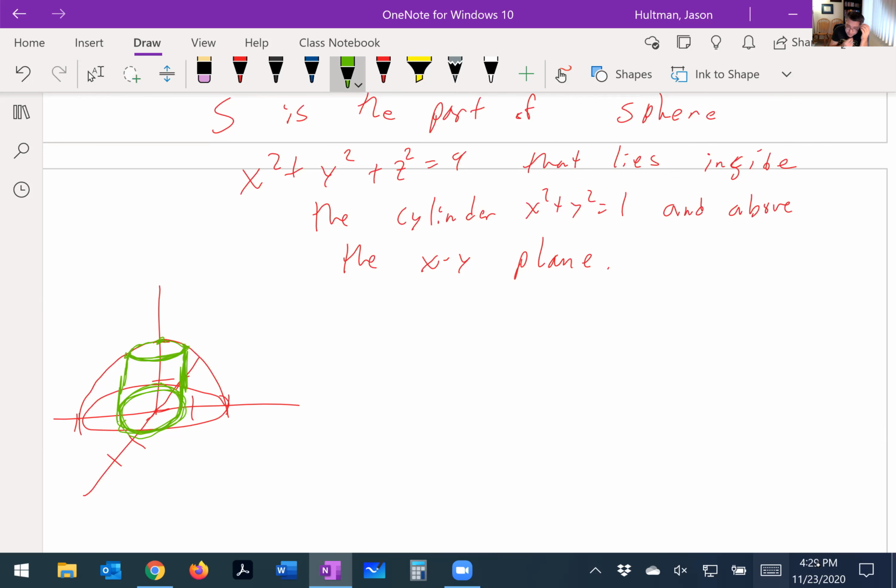So it lies inside the cylinder, but below the,